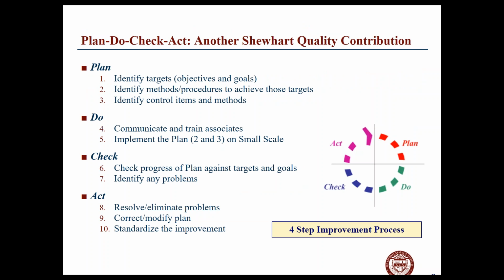This is sometimes called the Shewhart cycle: plan, do, check, act. Many of you may be familiar with this, but this is a recurring theme. Your projects are similar to this. We're going to plan out your projects. We're going to go out and collect data. You're going to apply some of your recommendations, which is the do part of this. In other words, you're actually going to try to implement your recommendations in your project, and then observe them and say, hey, did they work? You pilot them to see if you can learn something from it. Then that's the check part, and then you revise and improve based on what you saw.